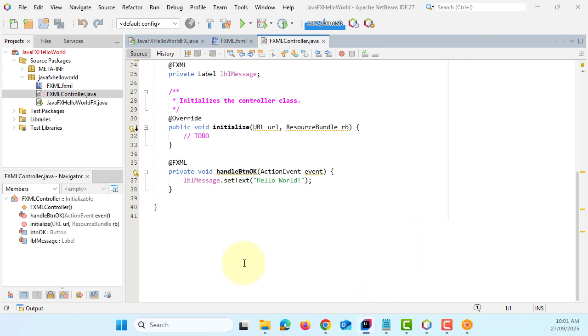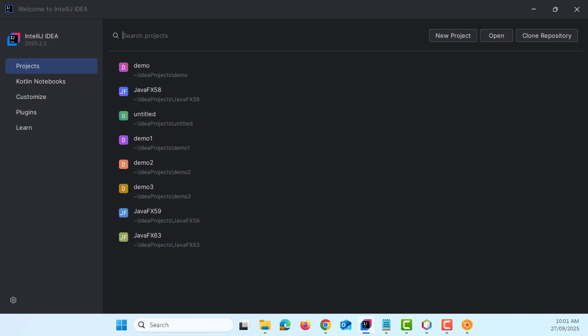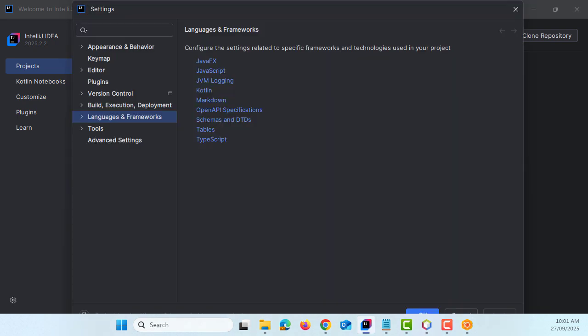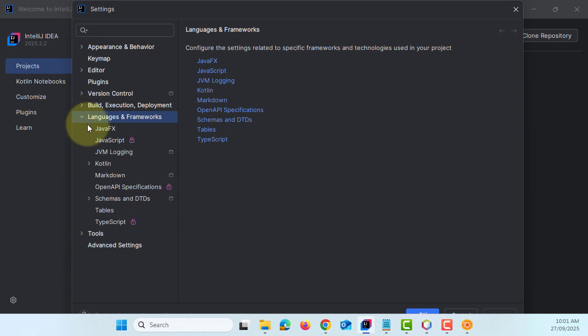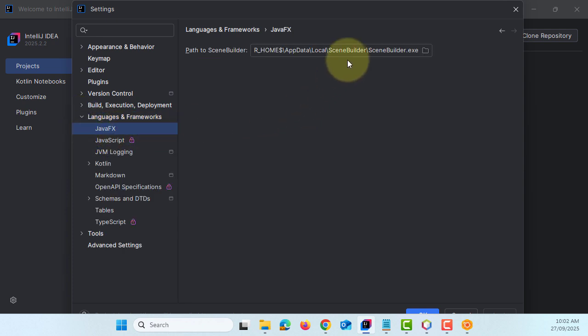Let's go to IntelliJ. I do have IntelliJ 2025.2.2. Okay, let's go to settings. In the settings, you can search JavaFX, or you can go to Language, and then here is the JavaFX. In this case, I have already installed it with the previous version, so it happens to be the same. Okay, so here, there's the exact same location I showed you with NetBeans. You can go and search for it,